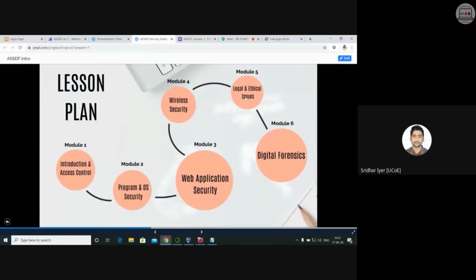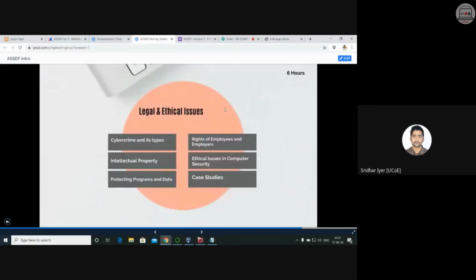When we move ahead, module number 5 is all about what is cybercrime, what are the various sections of cybercrime, if you are a victim of cybercrime, how you can report against those cases, and where to report. Basically, cybercrime is a relatively new term in our country. From 2000 onwards, it has got its significance. The first law came in 2000. The actual IT Act came in 2000, then amended in 2008, and again in 2018 or 19.